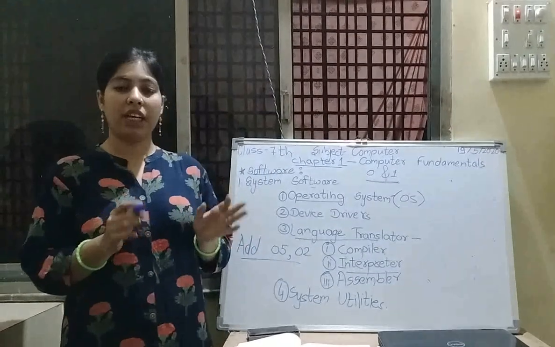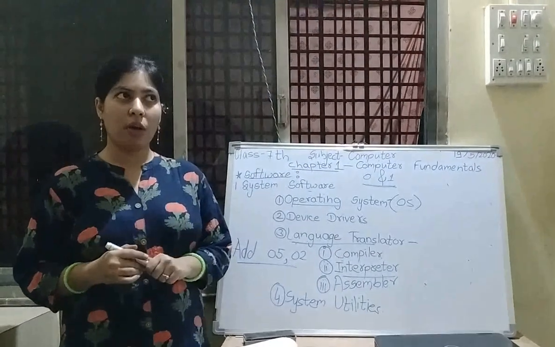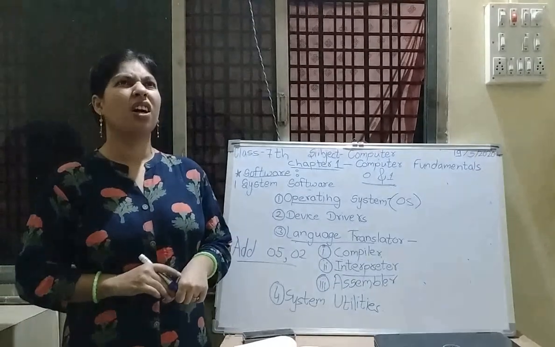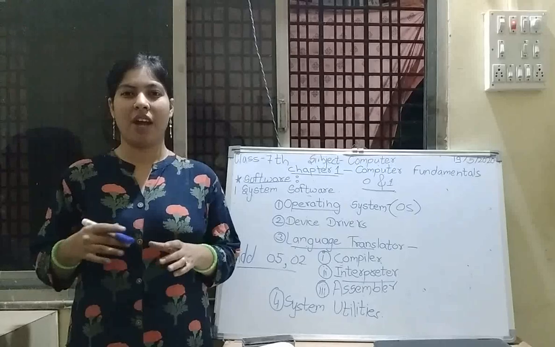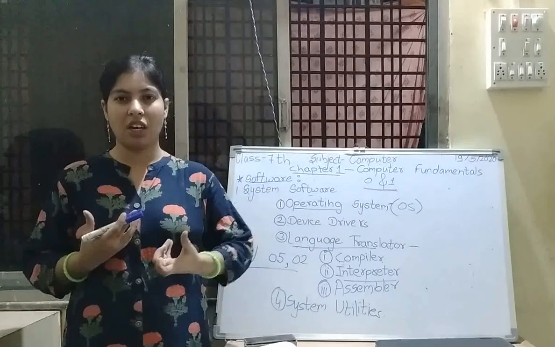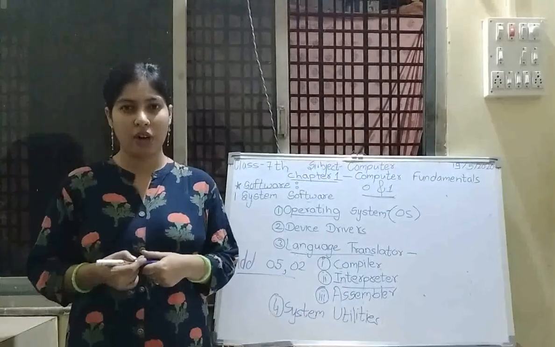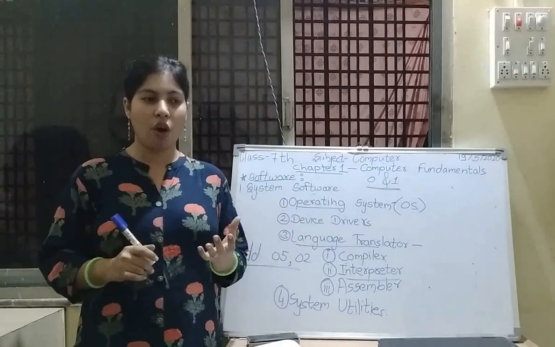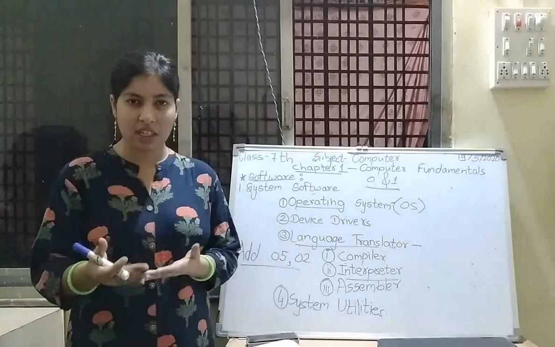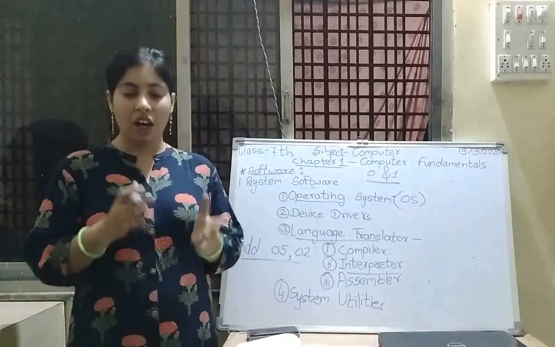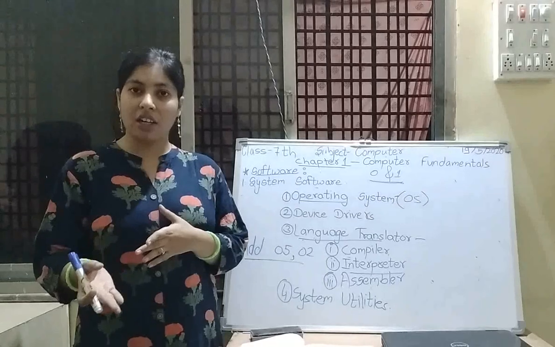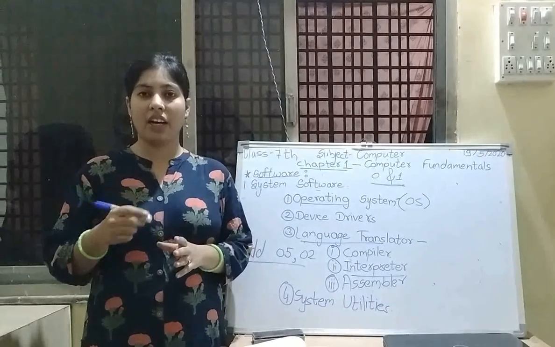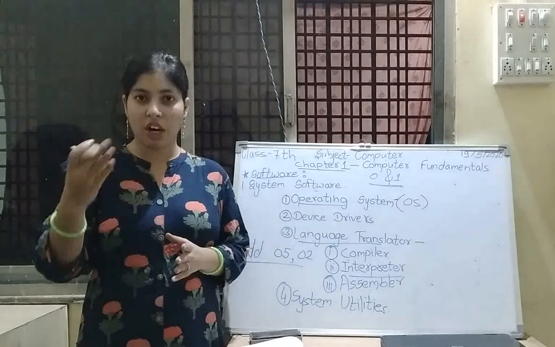So system utilities are used for performing some special tasks in a computer. Like you are using your mobile daily, when you get up you get a notification, clean up your disks. So system utilities software are used for taking backup of your files, recovering your data, scanning your data. We do a refresh, so that is the scanning of the data. Then for cleaning your disks,